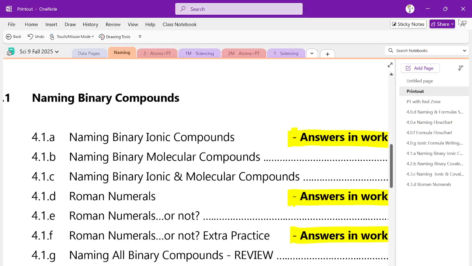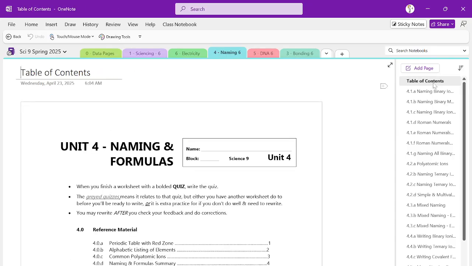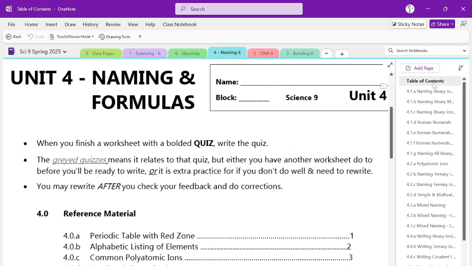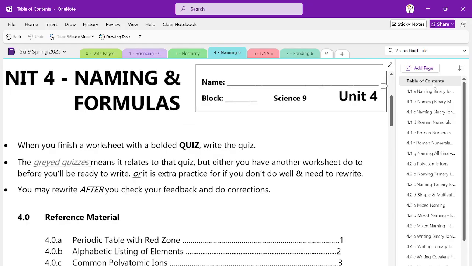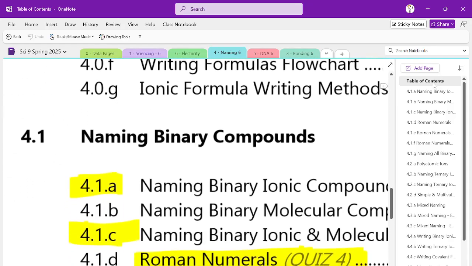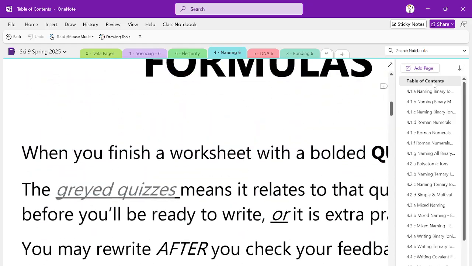And then, what the heck happened to my cover page? That's okay. I'll go to this one, because it's probably the same. There we go. Their table of contents. Okay. Now, this is our workbook now, so we're looking on the front page of our workbook. There's some information here. When you finish a worksheet, and 4.1a is a worksheet, 4.1b is a worksheet, 4.1c is a worksheet. Whenever you finish a worksheet,